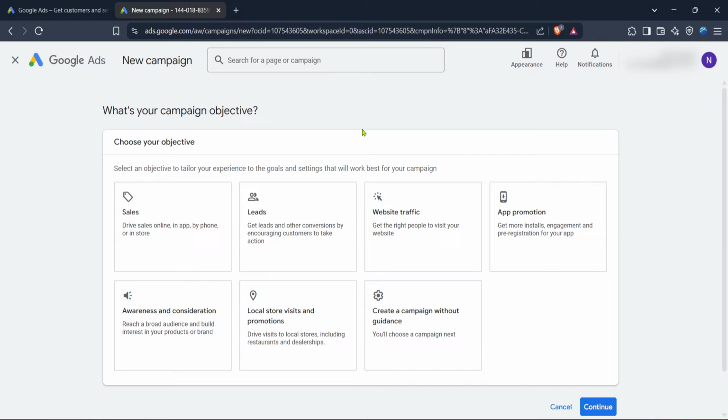Now it's time to dive into the campaigns themselves. Click on campaign to begin if you haven't already created one. This is where you'll set things up. Next, you'll want to select the campaign type that best suits your goal, which in this case is increasing your website's traffic. When you're setting up a campaign specifically aimed at boosting YouTube subscribers, choosing the website traffic option is